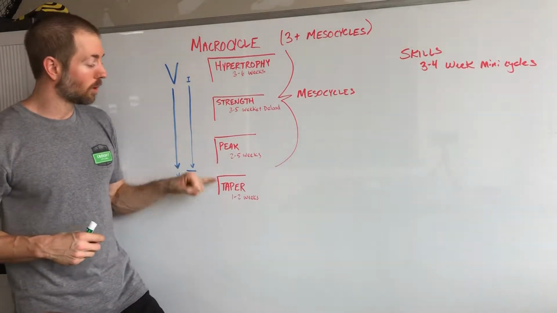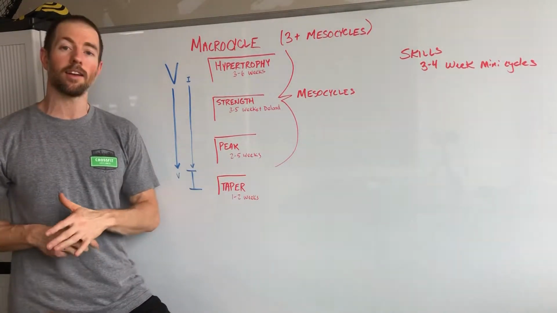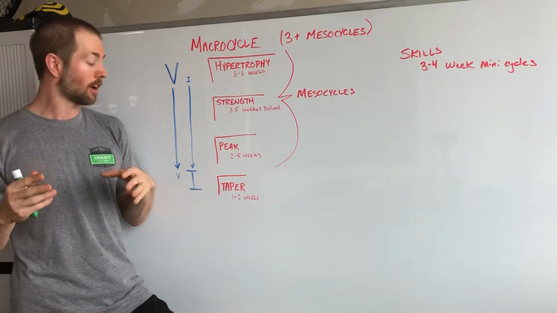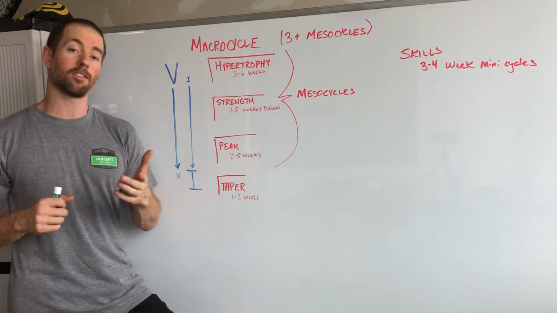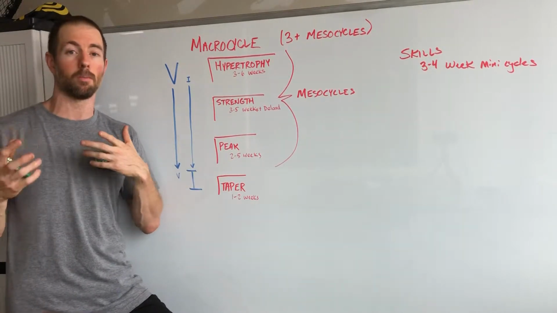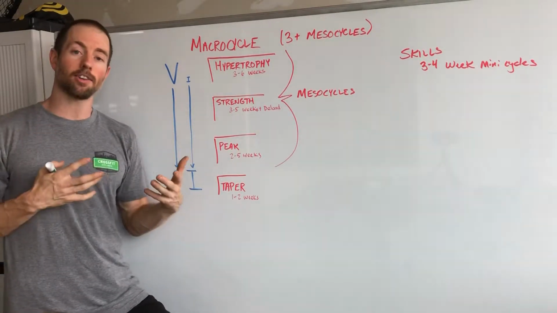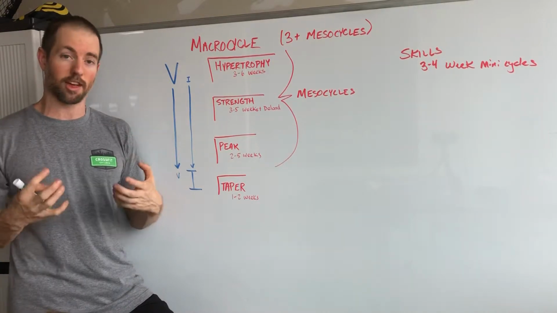This is when we get really close to whatever our event is, and this is where our training gets more and more functional and more specific for the event we're actually leading up to. So if it's a Tough Mudder, we're going to start running a little bit more. We're going to start doing more things that look like the obstacles we're going to run into. If it's a CrossFit competition, we're going to be doing more classic CrossFit things.